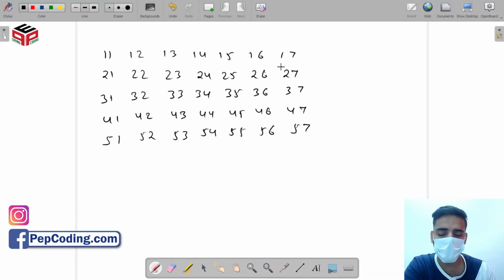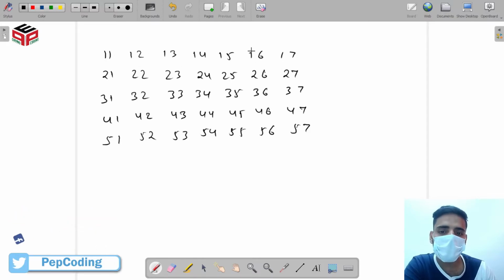So just suppose this is the 2D matrix and we have to traverse on this matrix in a